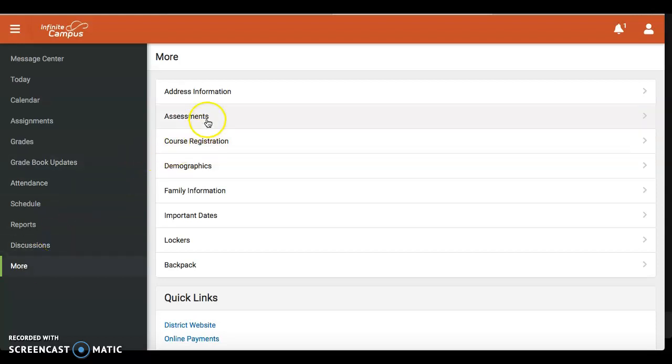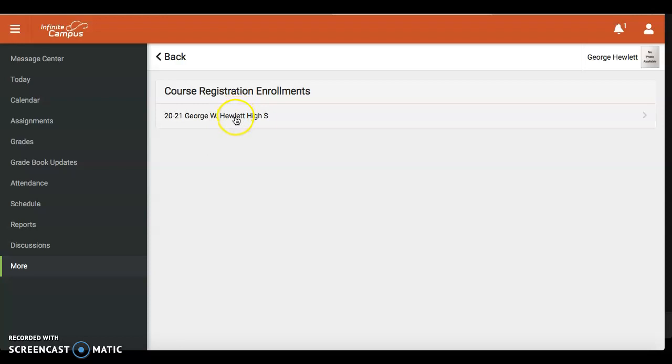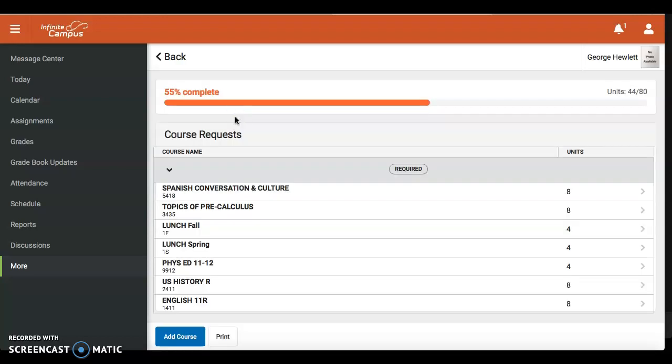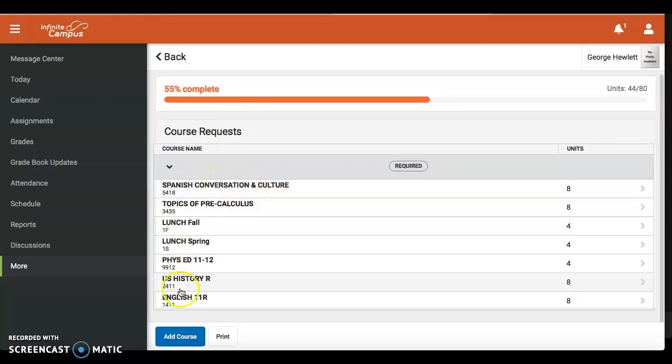Clicking on the More button will bring you to a page where you should click on Course Registration, and then again, Hewlett High School. You will now be able to see the courses that your teachers have recommended you for the next school year. These courses cannot be changed in the parent portal, but can be altered during your upcoming